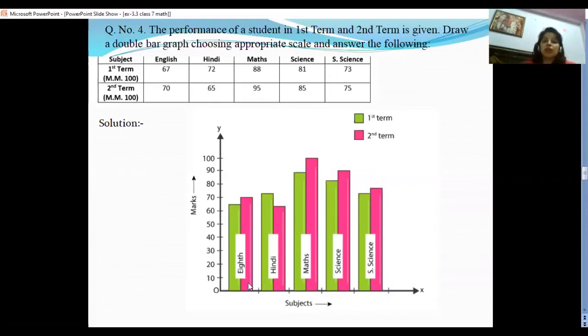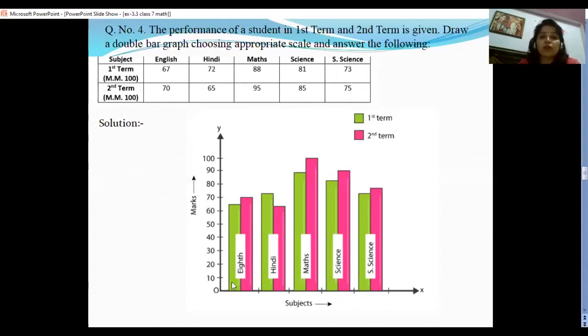We need to see, one bar we have taken for one box. So here we are considering an equal distribution. We have to mark the equal distribution first on the x-axis, and then we will take the bar graph. A double bar graph is joined together. It means the first term and second term are joined together. Then we will leave one box. Okay, like this we have to consider.